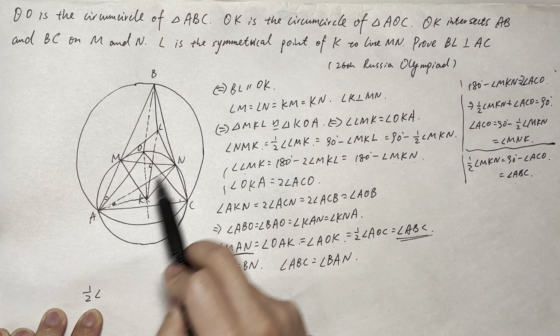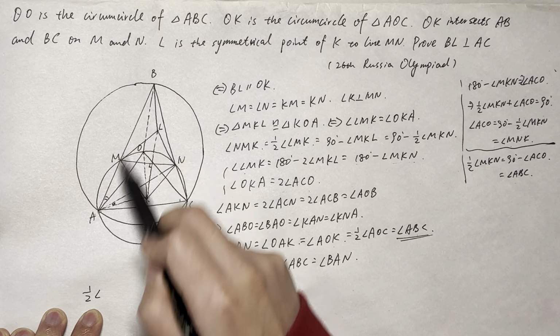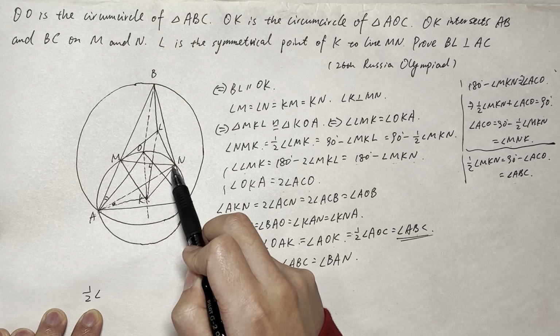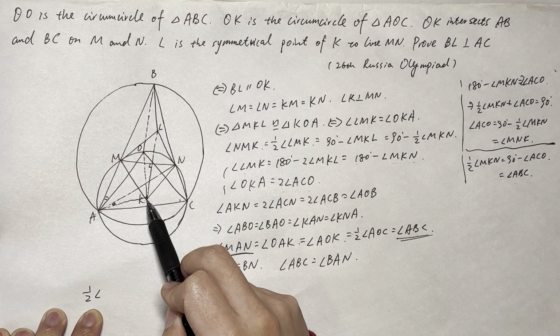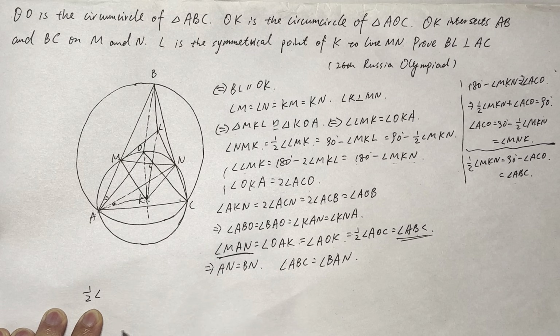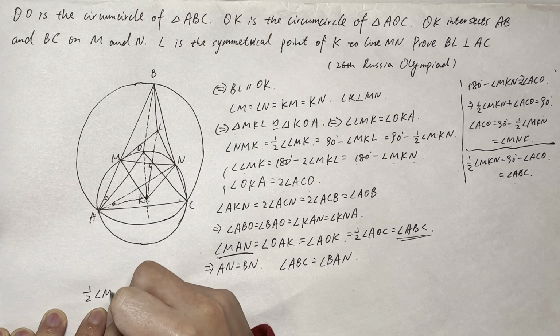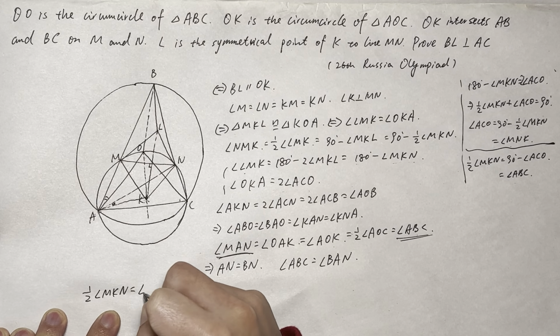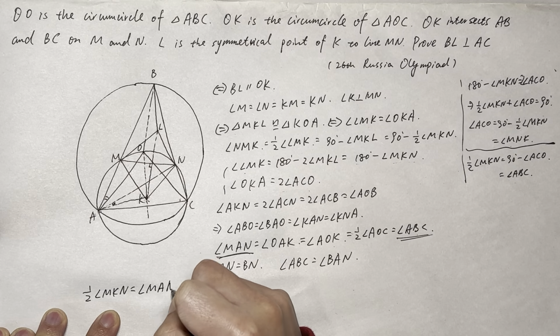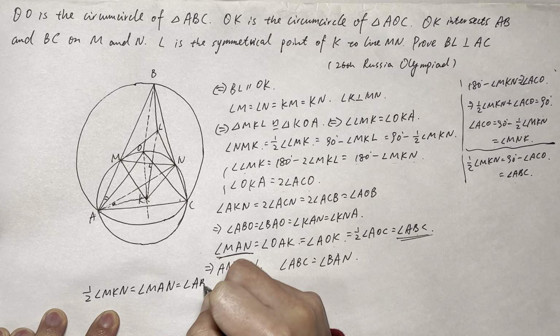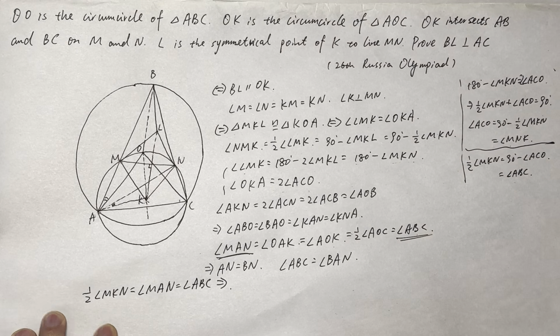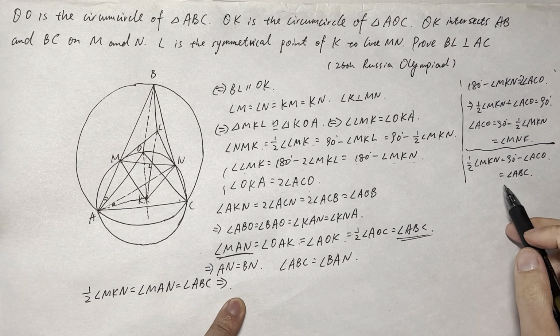Angle MAN, this one, equals angle ABC. And this one, MAN, that's half of angle MKN, right? So half of angle MKN equals angle MAN equals angle ABC, which means we get